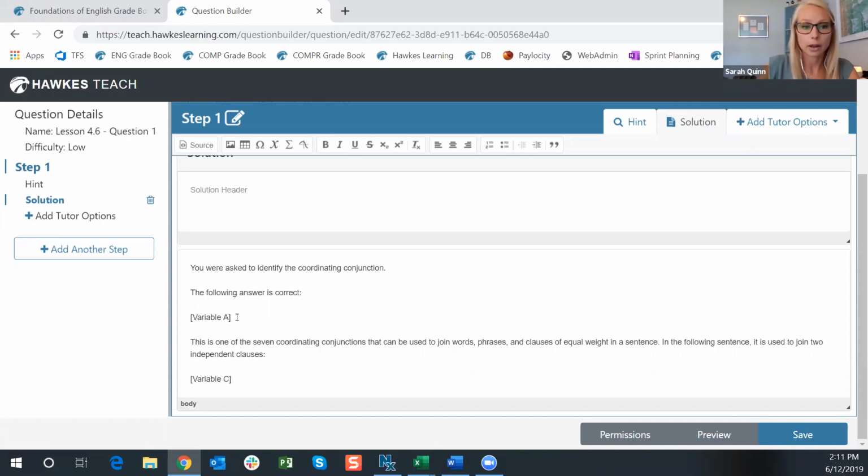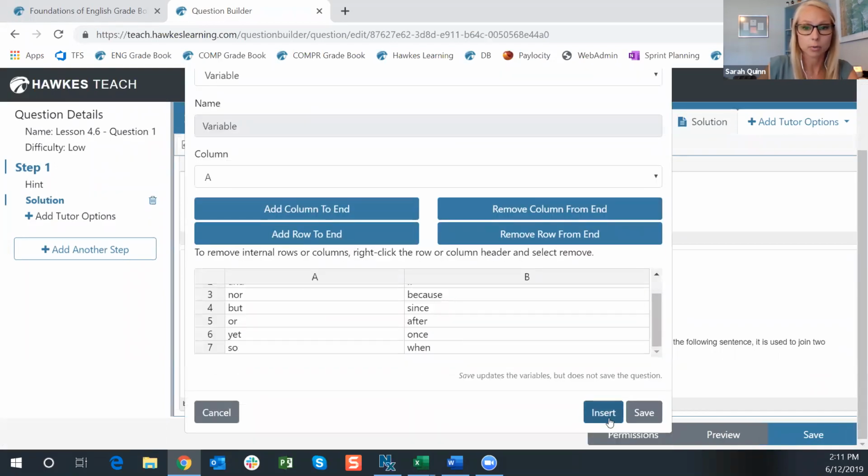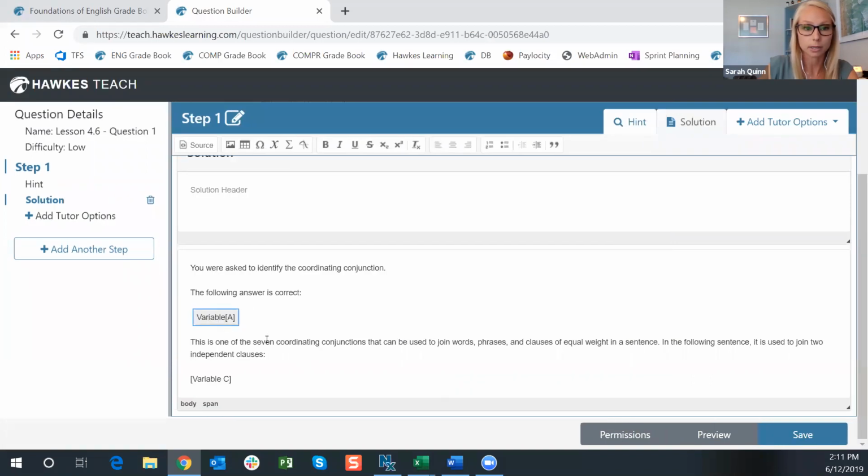So this is another area where the variables are going to come into play. We want to be able to list the correct answer as it applies to that version of the question, whatever it is they're working on. So I'm going to go ahead and highlight this, and I'm going to insert that variable again here so that it populates down here. And then I also want to actually go back in and add another variable within our variable manager,